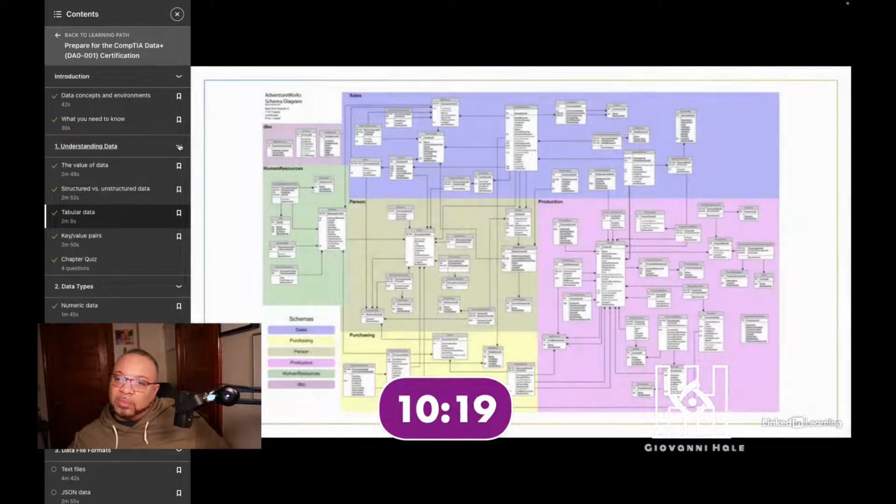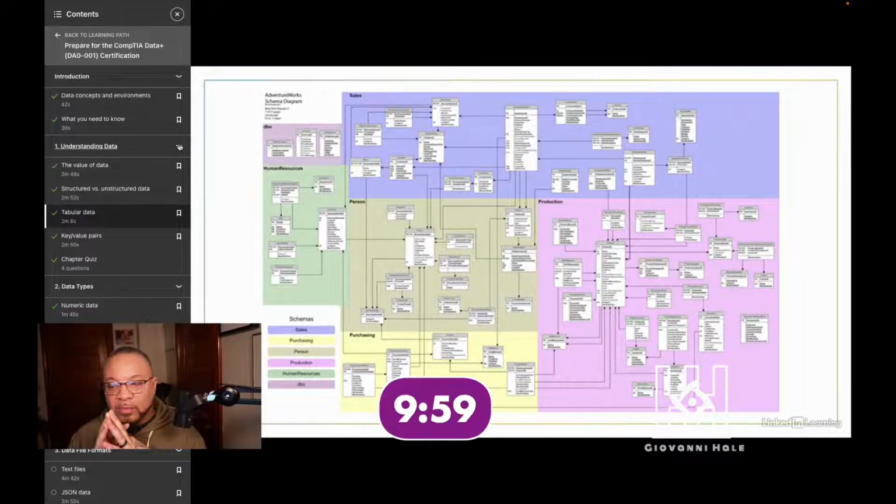Here's another look at the schema diagram for the AdventureWorks database that I showed you earlier. Each one of the boxes on this diagram represents a single table, and each arrow on the diagram represents a relationship between two tables. Now, can you imagine trying to track all of this information in a series of spreadsheets? You might be able to do it, but it sure wouldn't be much fun.